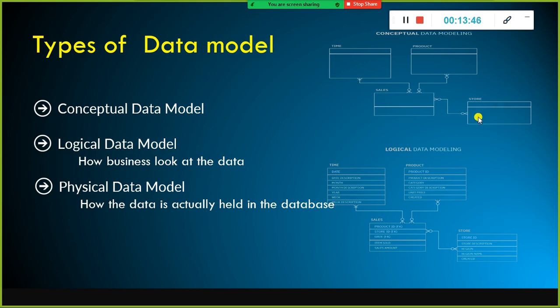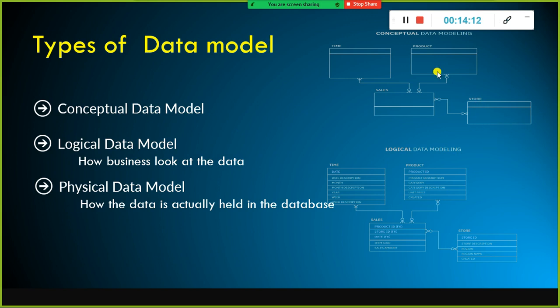Bangalore, Hyderabad, Chennai, Pune and Mumbai, five different locations, right? So what are the properties of this one? The retail store ID, store description, then the region this store falls under, the region name, and then the created date, when we created this record.